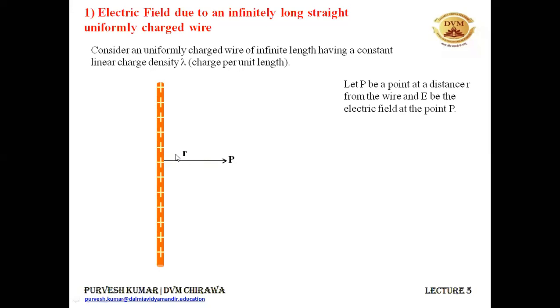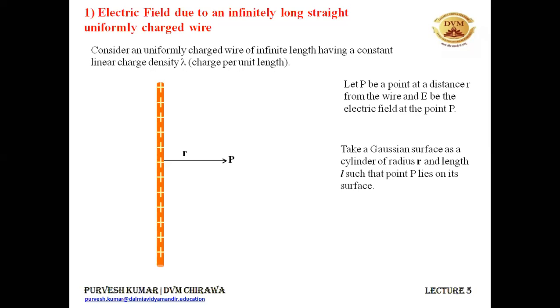Now, in order to apply Gauss's law, we need to take a Gaussian surface, because Gauss's law can be applied only to a closed surface. It gives the flux linked to a closed surface. So in order to apply it, we need to choose a Gaussian surface. The choice of Gaussian surface is arbitrary. We can choose any surface which we want, but we should be able to calculate the surface area of that surface that we have chosen. Otherwise, the problem becomes very cumbersome.